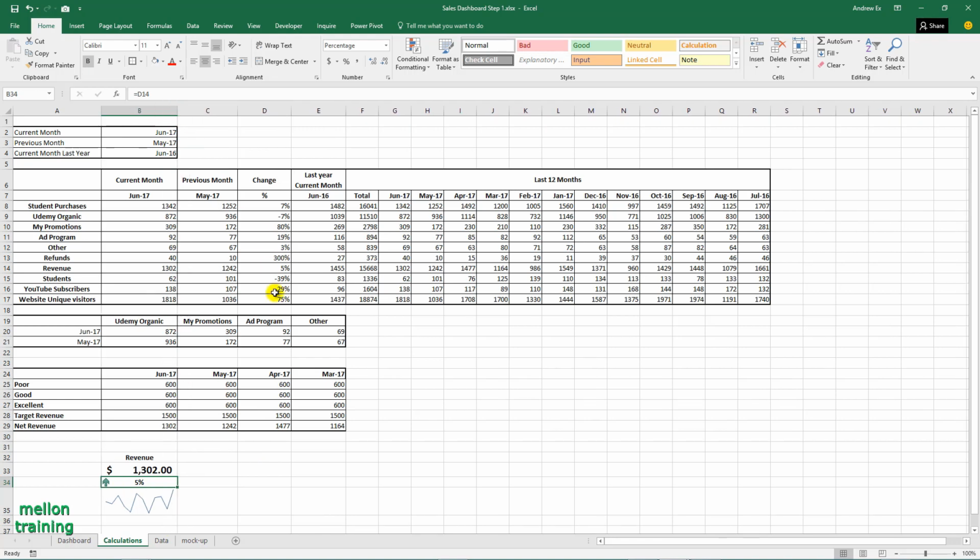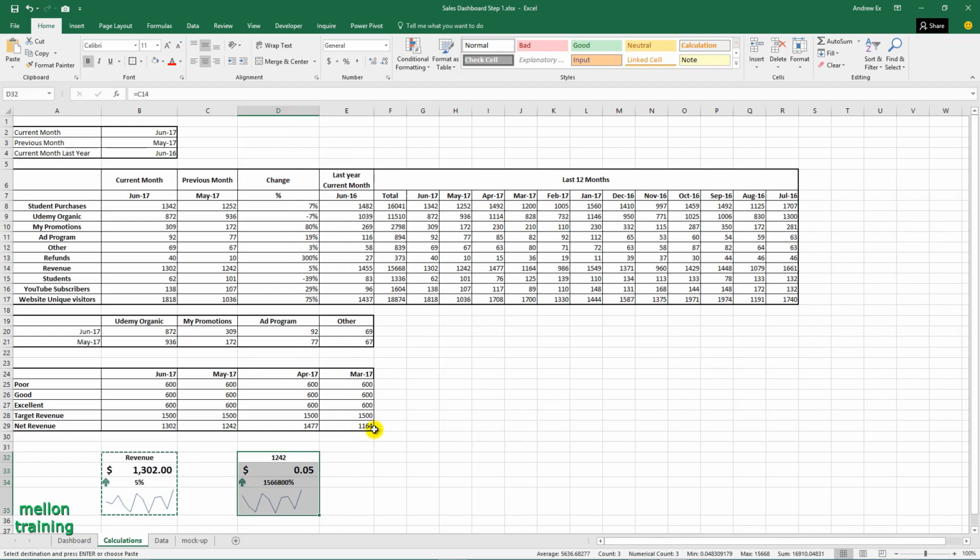To create the remaining metrics faster, I can copy, paste it, and fix the references, like this.